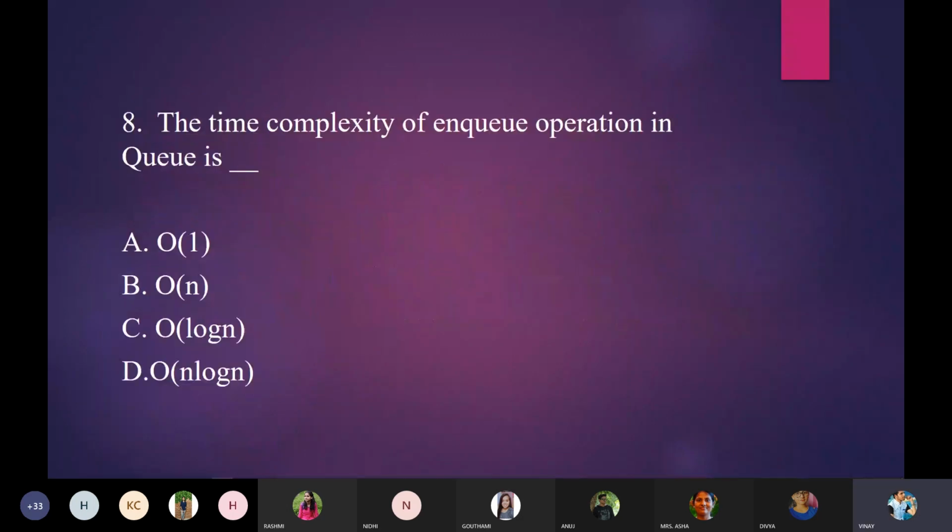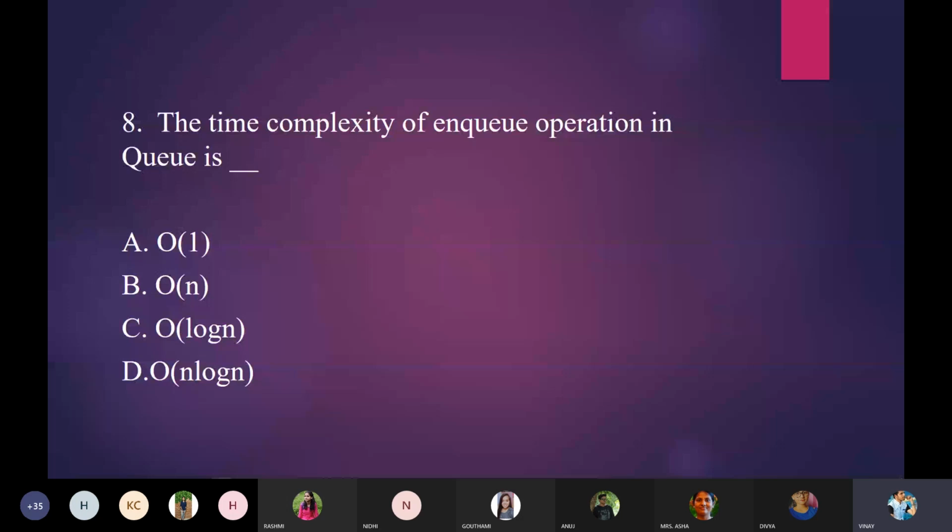The time complexity of NQ operation in queue is? Anyone can guess the answer? Here NQ operation means the operation of inserting an item into the queue.